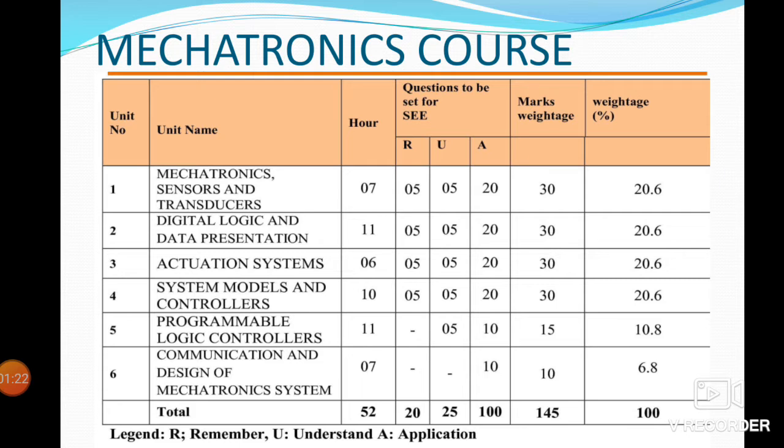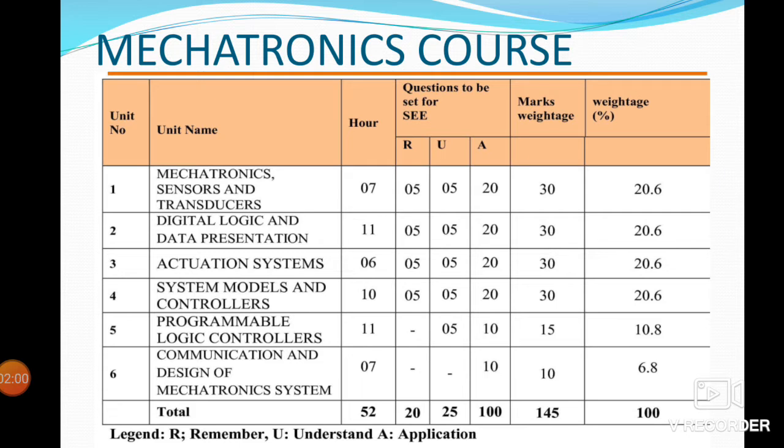The most important thing that you require to note is marks weightage. Depending upon your capacity of remembering and your understandable level, you can choose the chapters also, if at all you want to go for scoring, or if at all you want to go for passing. If you observe keenly, the first 4 chapters have a weightage of 30 marks each, and for the fifth and sixth, you have 15 and 10 marks respectively.